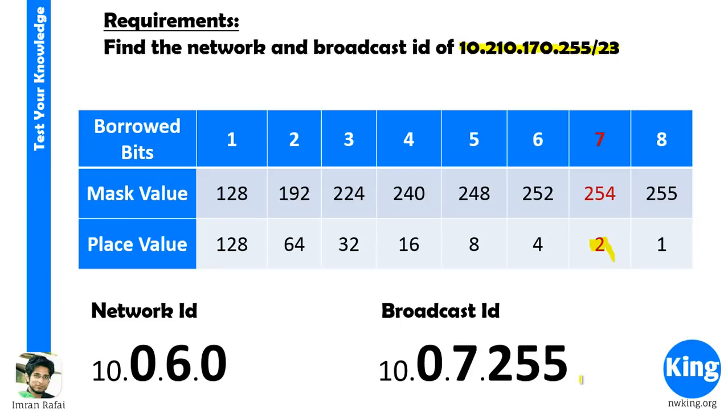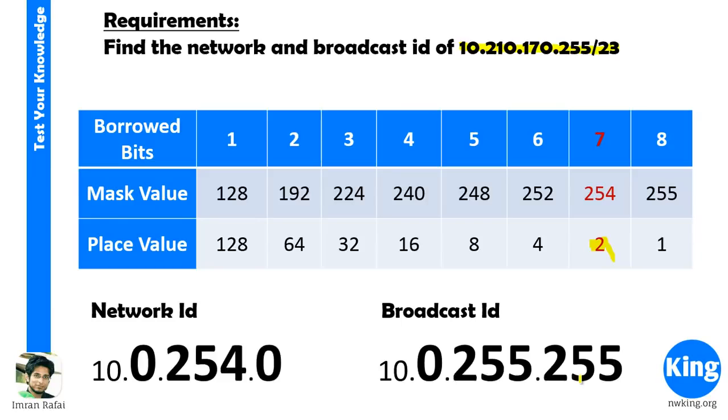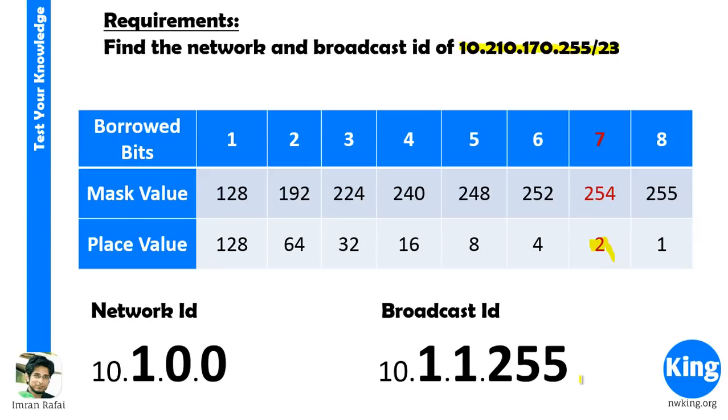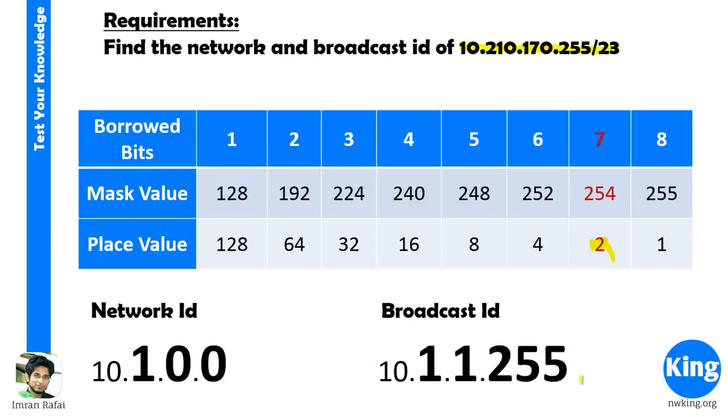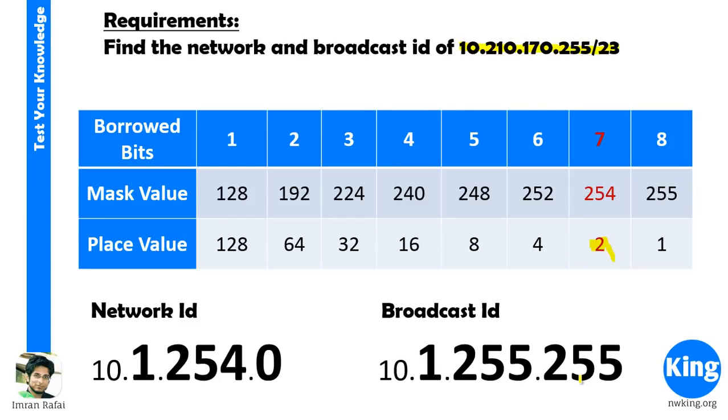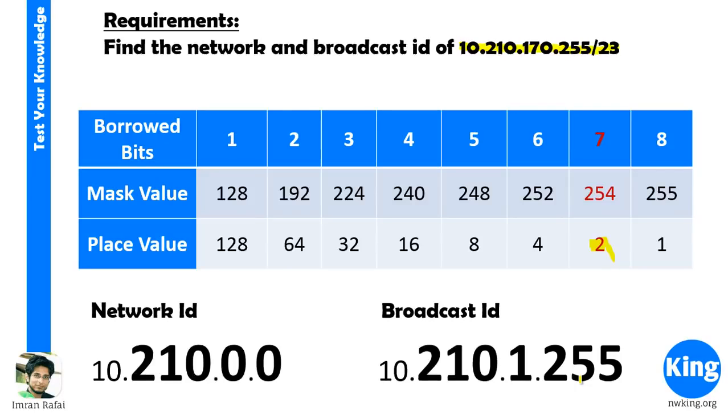So it goes on, 10.0.2.0 to 10.0.3.255, 4.0, 6.0, 8.0. It goes on and on until it reaches 10.0.254.0. The next network ID, when you add 2 to it, becomes 256. That's not valid. So it is 10.1.0.0. Remember, from 254.0, if you add 2, it will get reset and it becomes 1.0. Exactly like 13 hours 59 minutes 59 seconds plus 1 is 14 hours 0000, right? Similar concept happens here. So again it goes 10.1.2.0, 1.4.0, 1.8, it goes on to 1.254.0. Again, if you add 2 more, it becomes 10.2.0.0 and goes on and on and on until it reaches